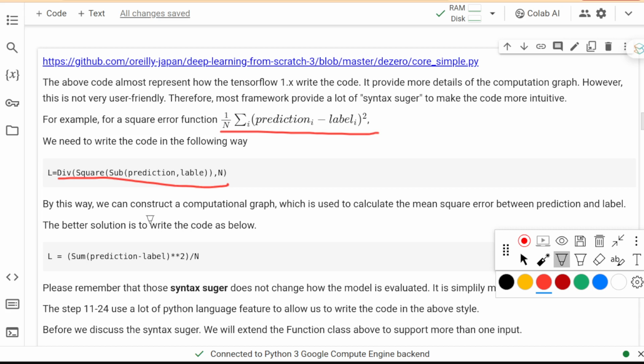However, this is not very intuitive. We hope that the formula can be written in this way, so the meaning will be very clear. We do the calculation between those two variables, square it, sum, and divide by n. So this will be more intuitive than this one.